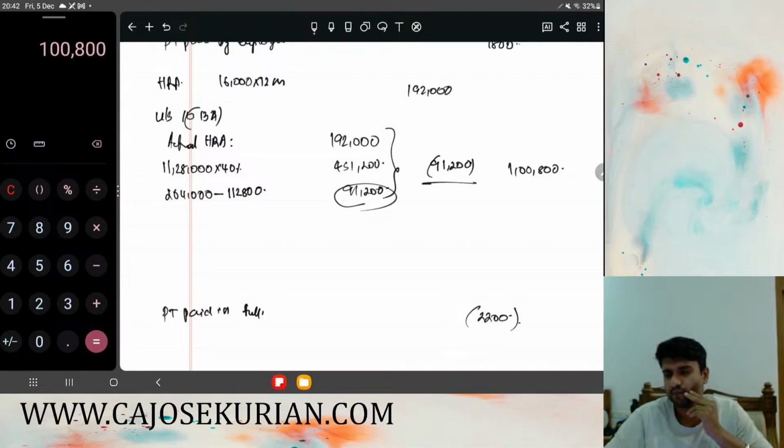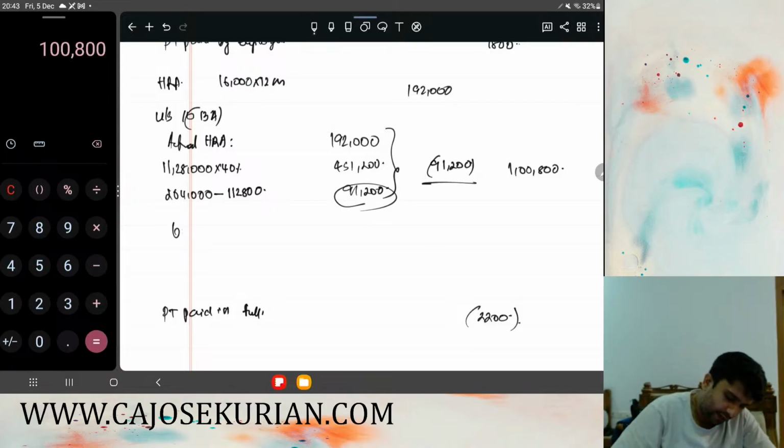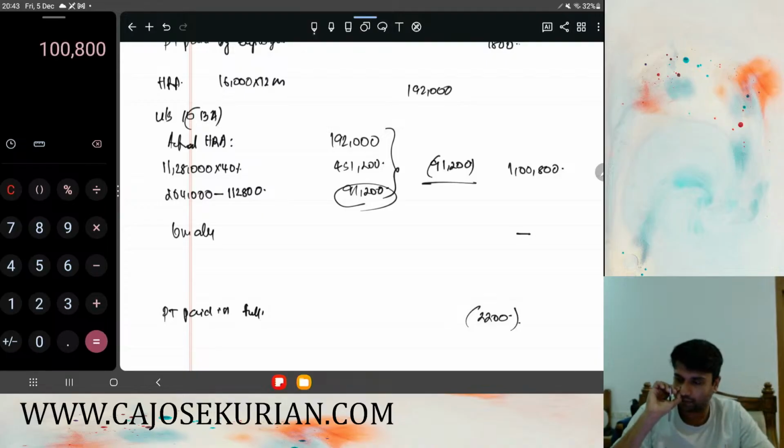Next is professional tax, we have done. Conveyance allowance of 1,500 per month by the company towards actual reimbursement of conveyance spent on official duty. So they have paid conveyance allowance. What is the speciality of conveyance allowance? If it is actually spent for the official purpose, then nothing shall be taxable. So nothing shall be taxable over there.